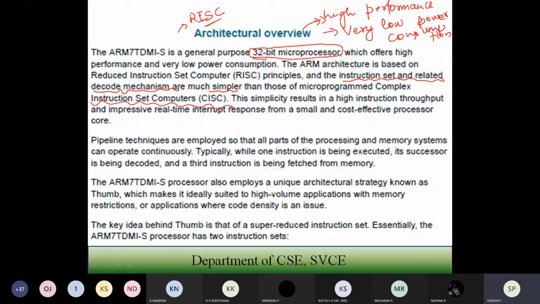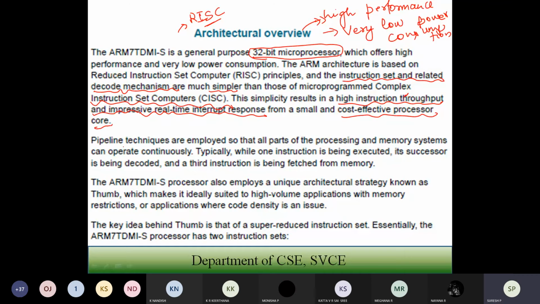The simplicity results in high instruction throughput and impressive real-time interrupt response, and a small and cost-effective processor core.